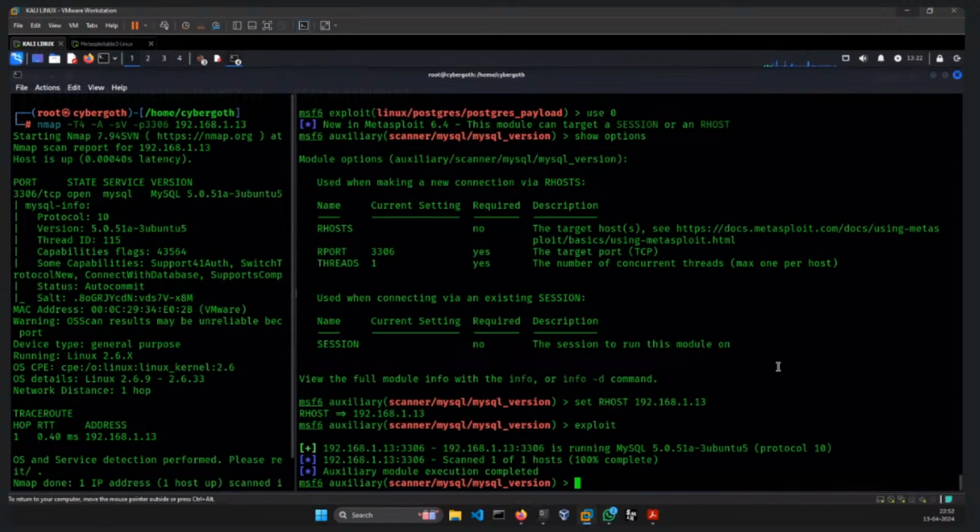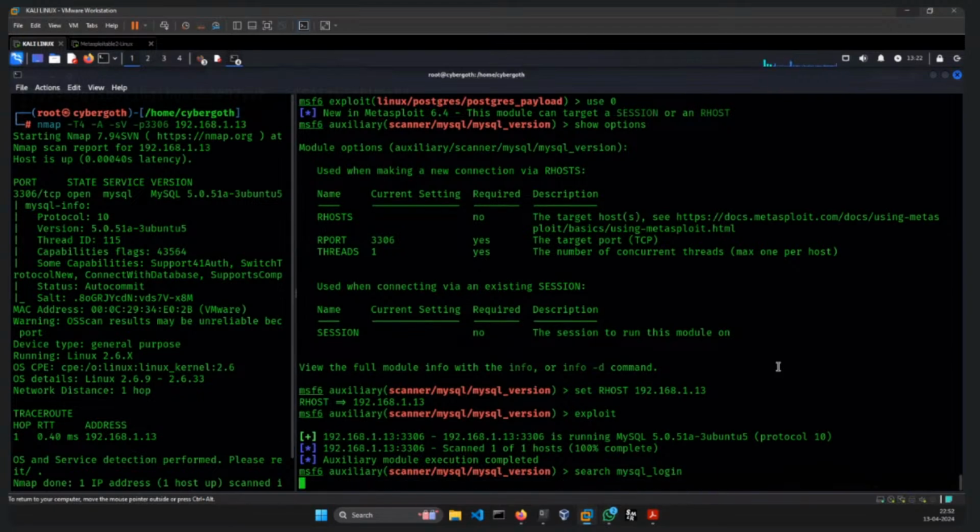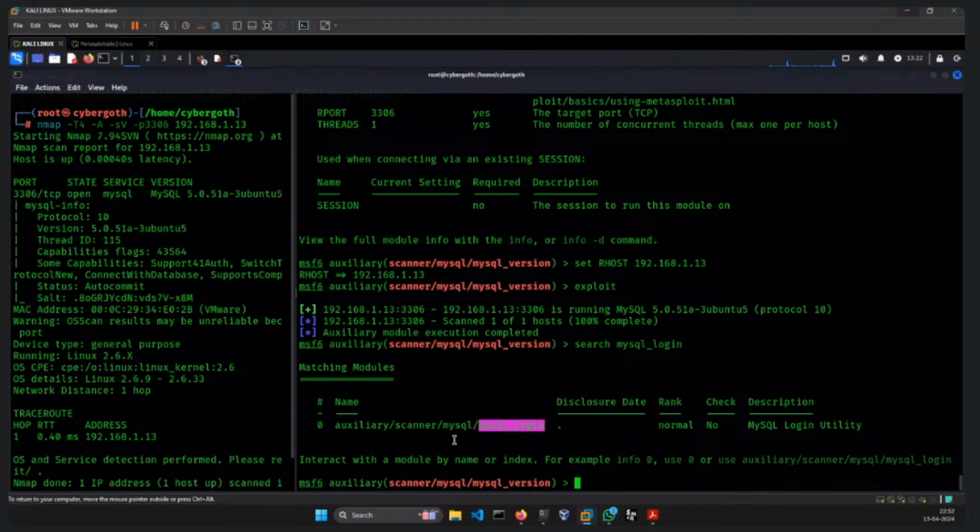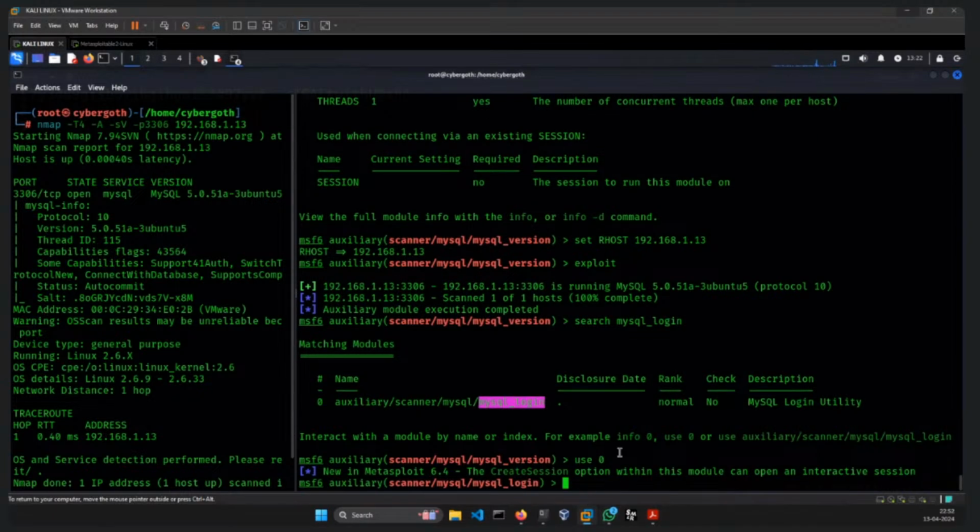Why not just try for MySQL login. Let's just try it. Okay, so auxiliary scanner MySQL login. Let's just use this and see if we can find something else about this or not. Okay, so show options,